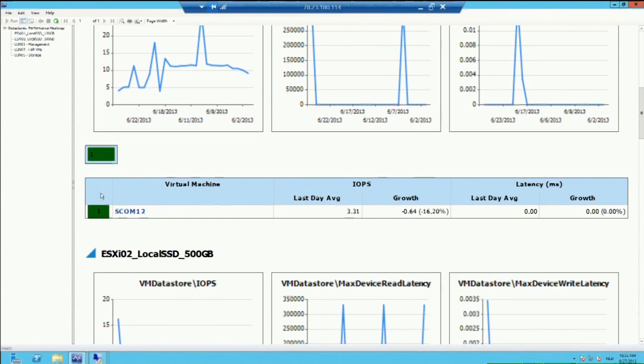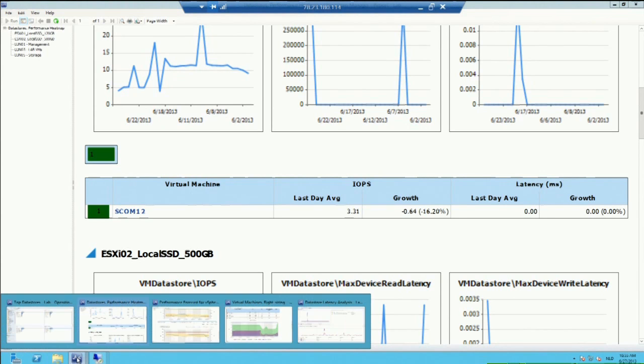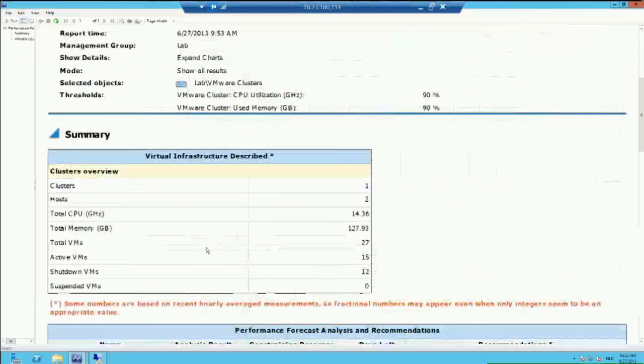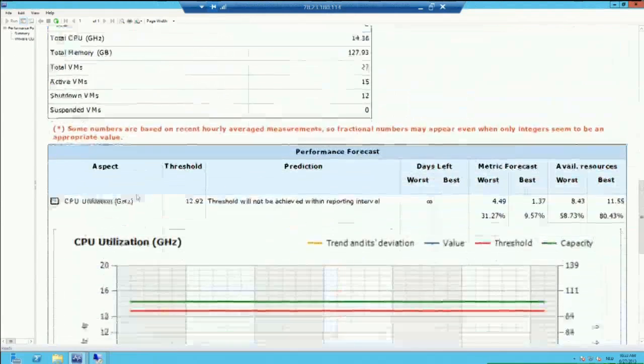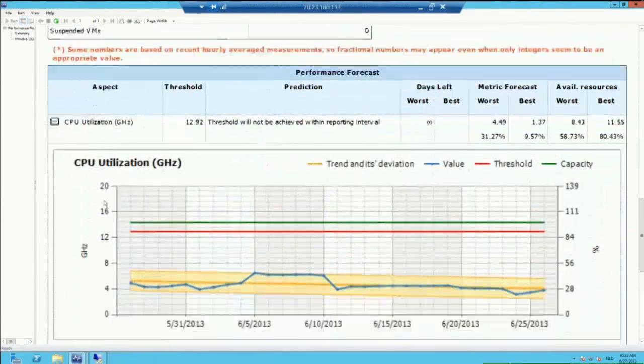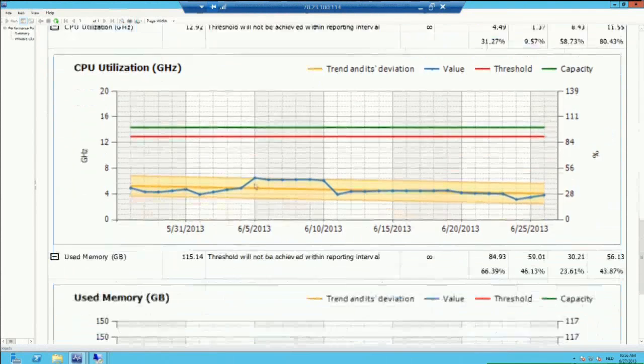And we go even one step further. Instead of just doing this, we might be able to give you a forecast. Now, if you're going to look at my forecast of my CPU, of my cluster here, you will see it's not bad. This is my CPU utilization over the last quarter, I think. You can put those dates yourself, and of course the more data. And it will forecast what it's going to do for the next 30, next 60, next year maybe. Now in this case, I'm probably not going to hit my limit, but if we're going to look at the memory usage,